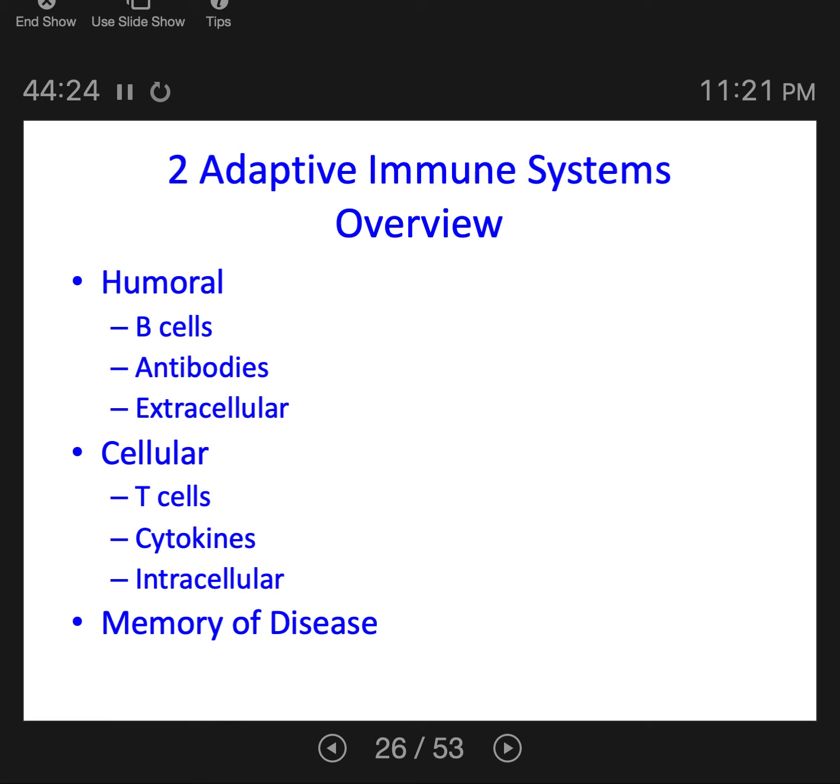So cytokines are really important to the cellular immune system, to T cells. And remember, cytokines are those communication molecules of the immune system. So T cells can talk with and activate many different kinds of immune cells through cytokine signaling. Right, and we will stop here and pick up on diving into detail on these two branches of the adaptive immune system in the next video.